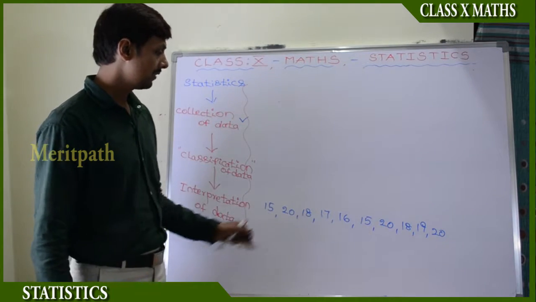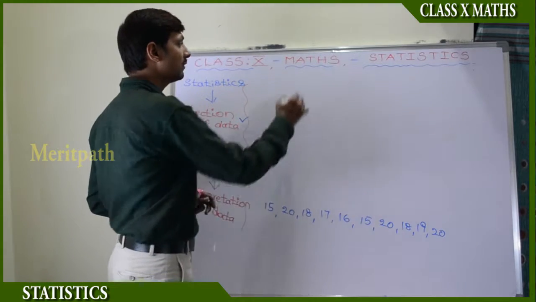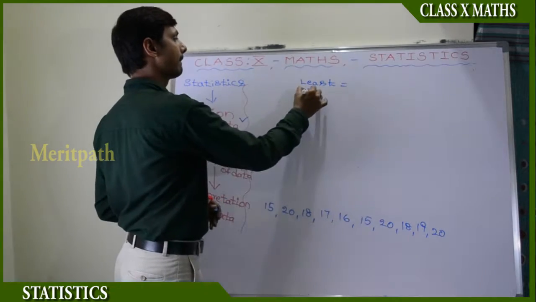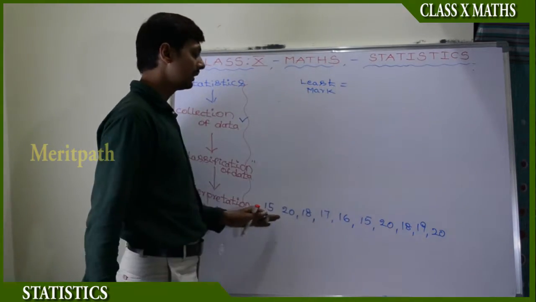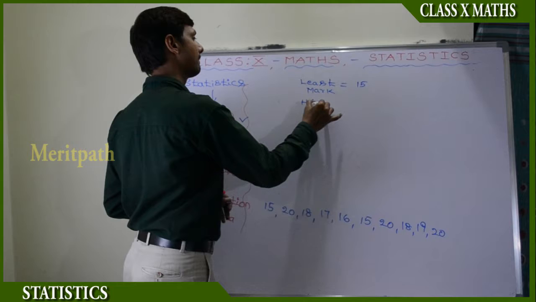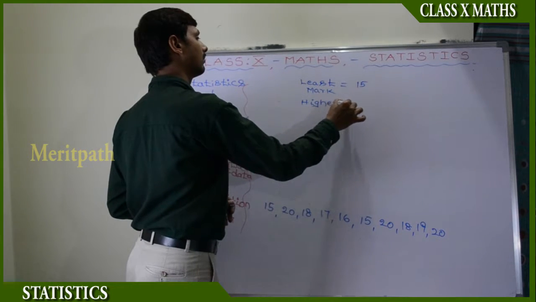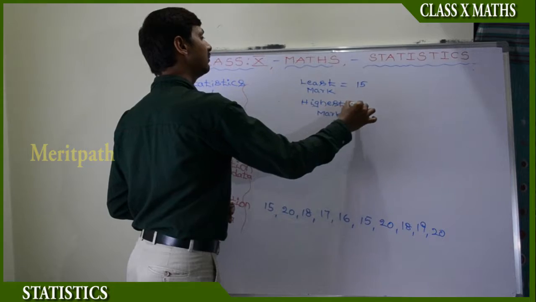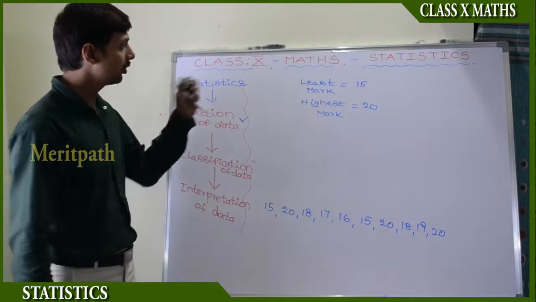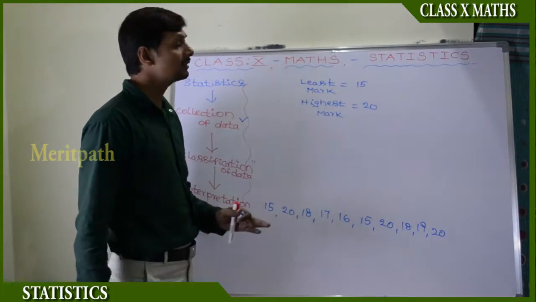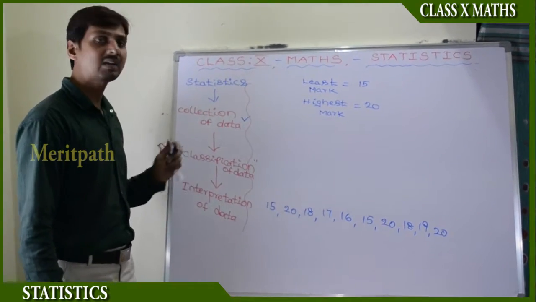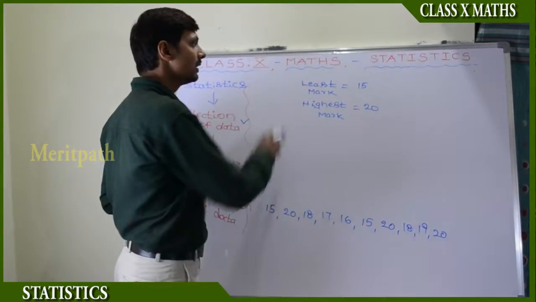Here we can understand the least marks out of 20. We can observe 15 is the least mark. The highest mark is 20 out of 20. These marks are out of 20, we know that. So the least mark is 15, the highest mark is 20. After collection of the data, we need to classify into some groups,